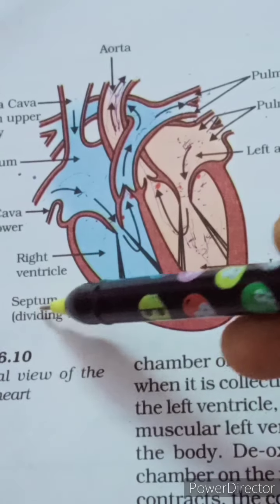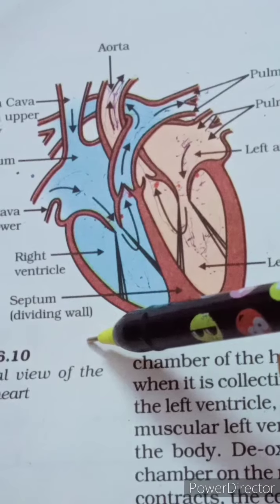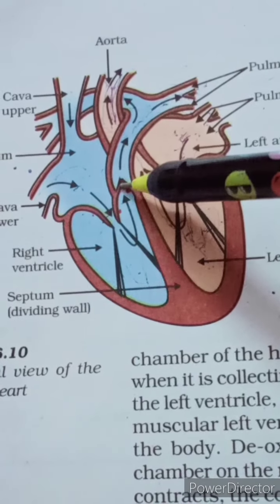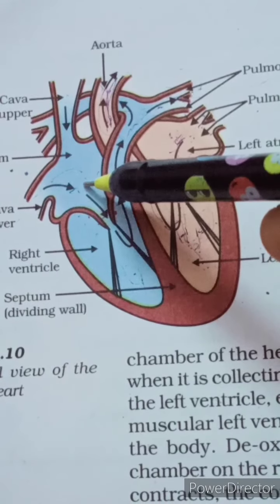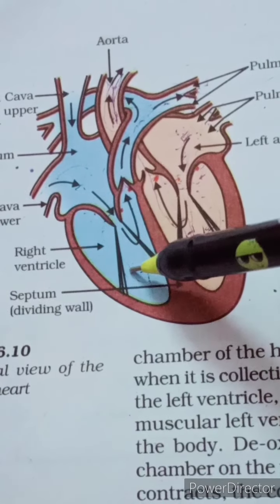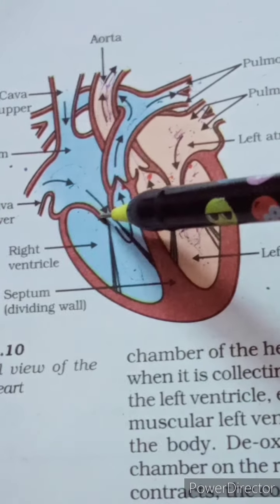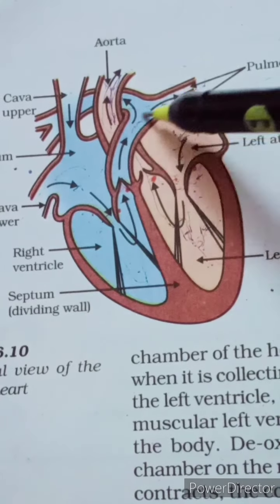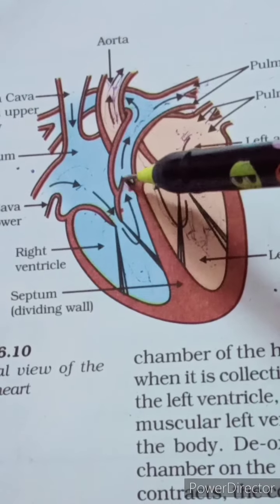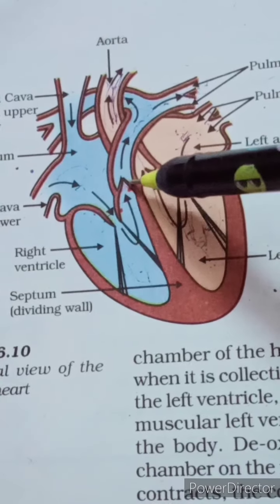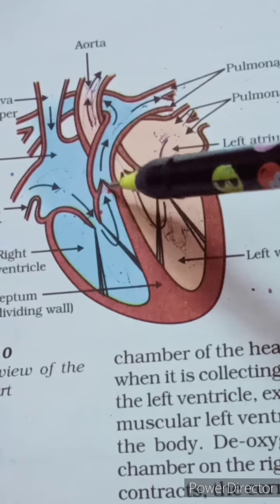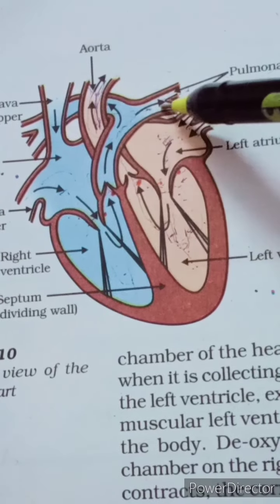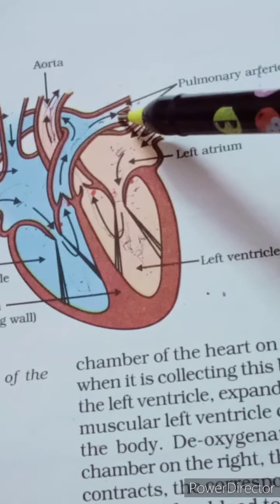Already we discussed the septum, it is a wall. You know the functions of the wall also. Now coming to the tricuspid valve. From the right auricle, deoxygenated blood is pushed into the right ventricle by the opening of the tricuspid valve. When the right ventricle contracts, it pushes the blood to the pulmonary artery by the opening of the valve present inside the pulmonary artery, known as the pulmonary valve. Now the pulmonary artery is divided into two. Each goes to each lung for purification or oxygenation.